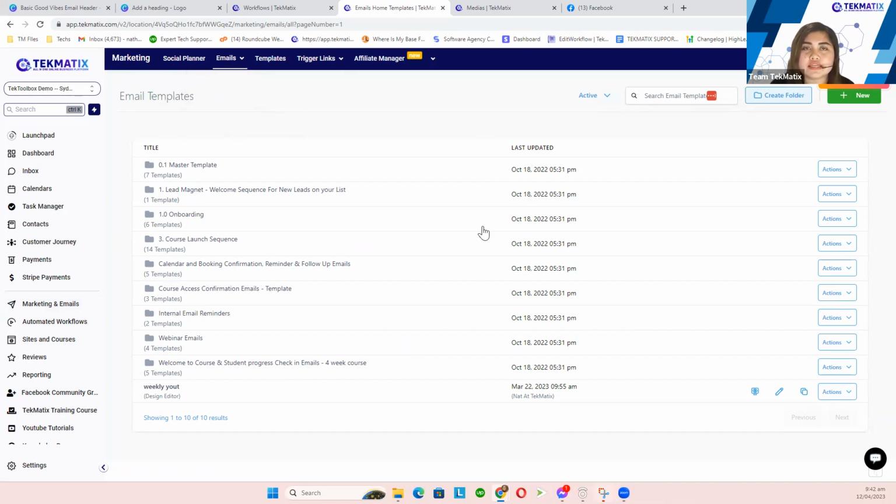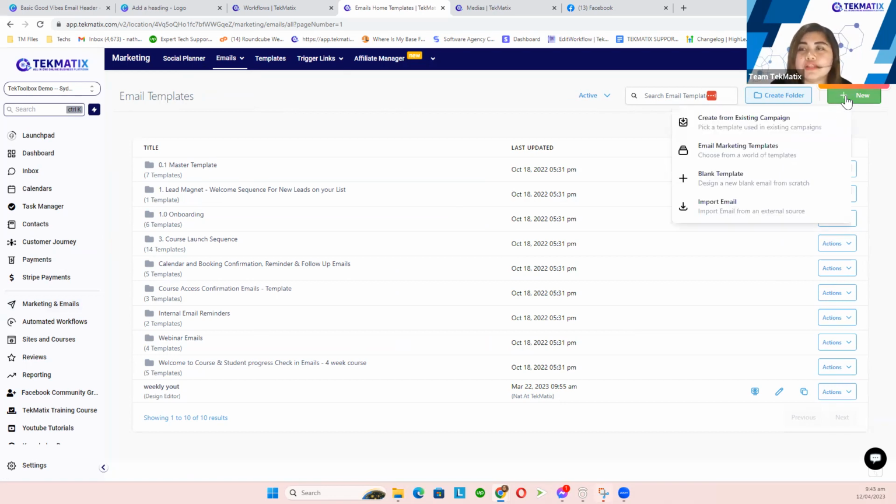So you will see this exact UI on your end. On the right hand side, you will see this New button. Just click on that one. You can either create an email from scratch, like